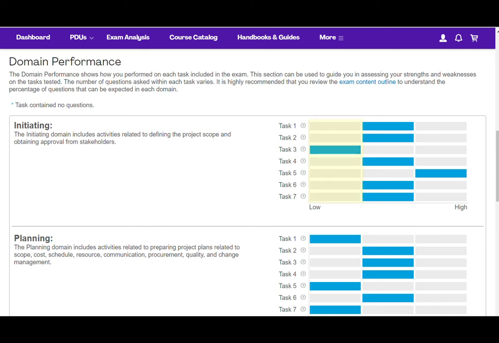Now, let's take a look at this amber bar, this yellow bar. That's where you want to focus your time. So I'm not going to go back and look at everything about initiating. I'm only going to go and look at Task 3. Now you're probably saying, well, what does this mean? It doesn't say anything. Well, that's where